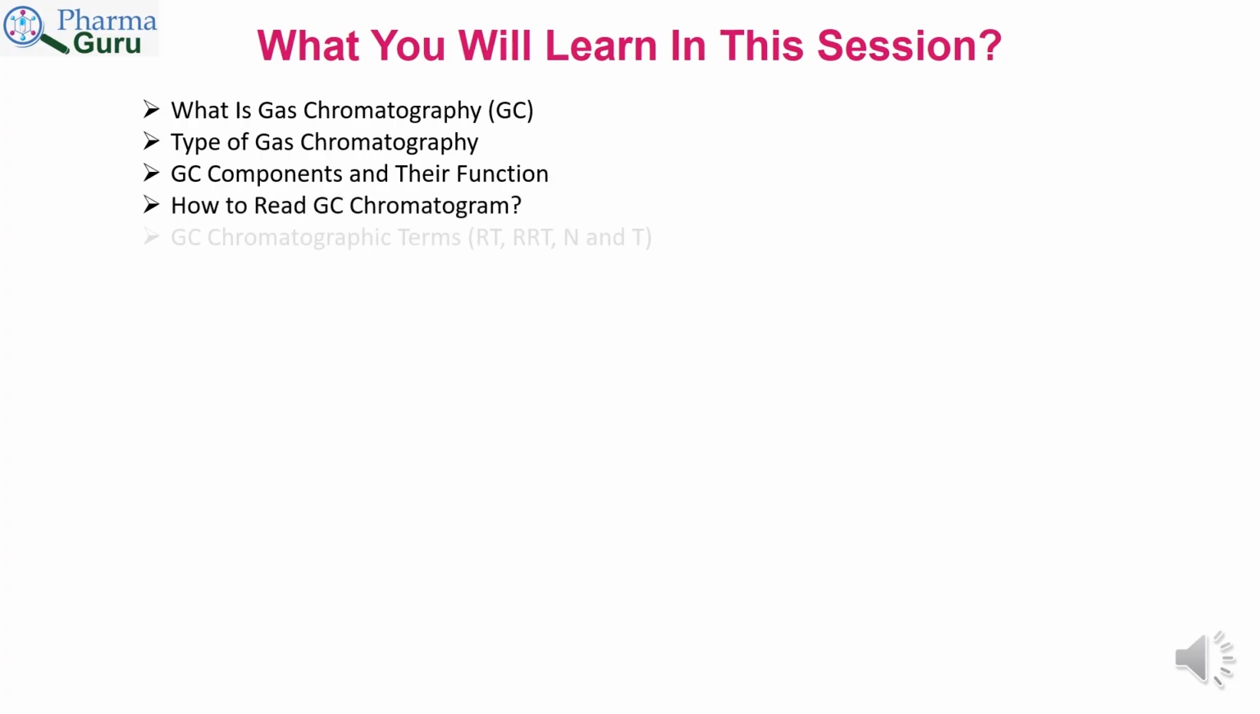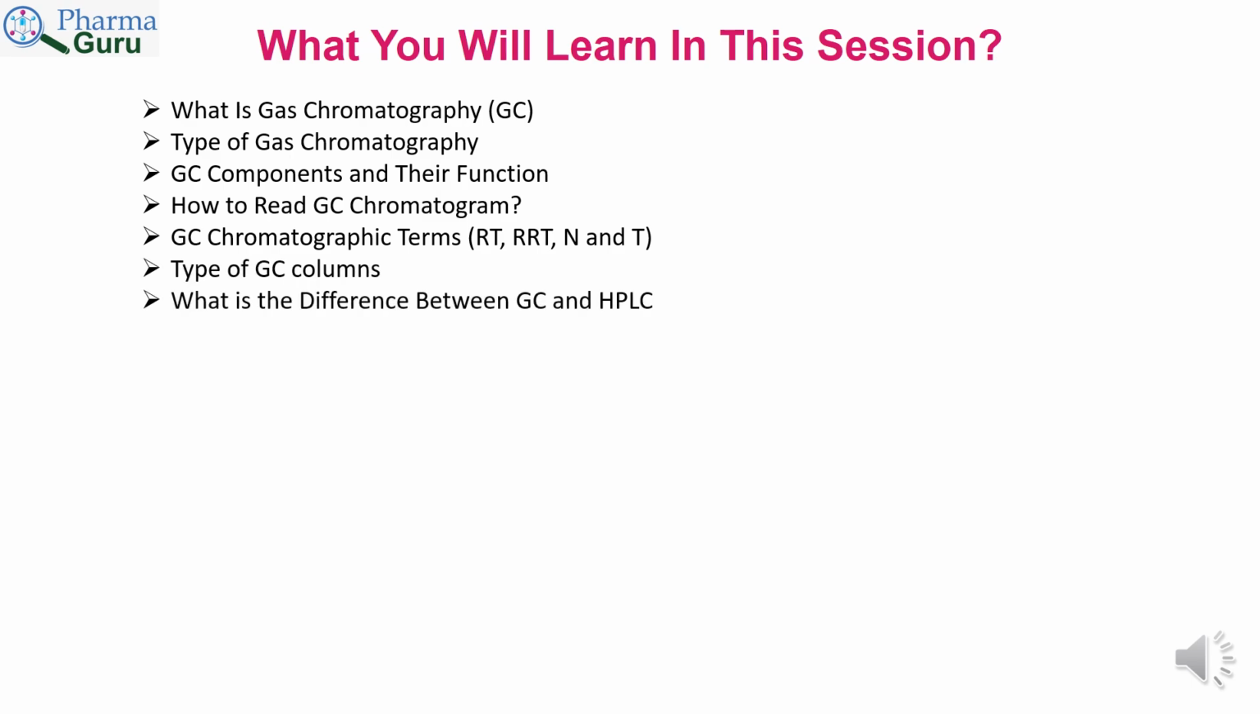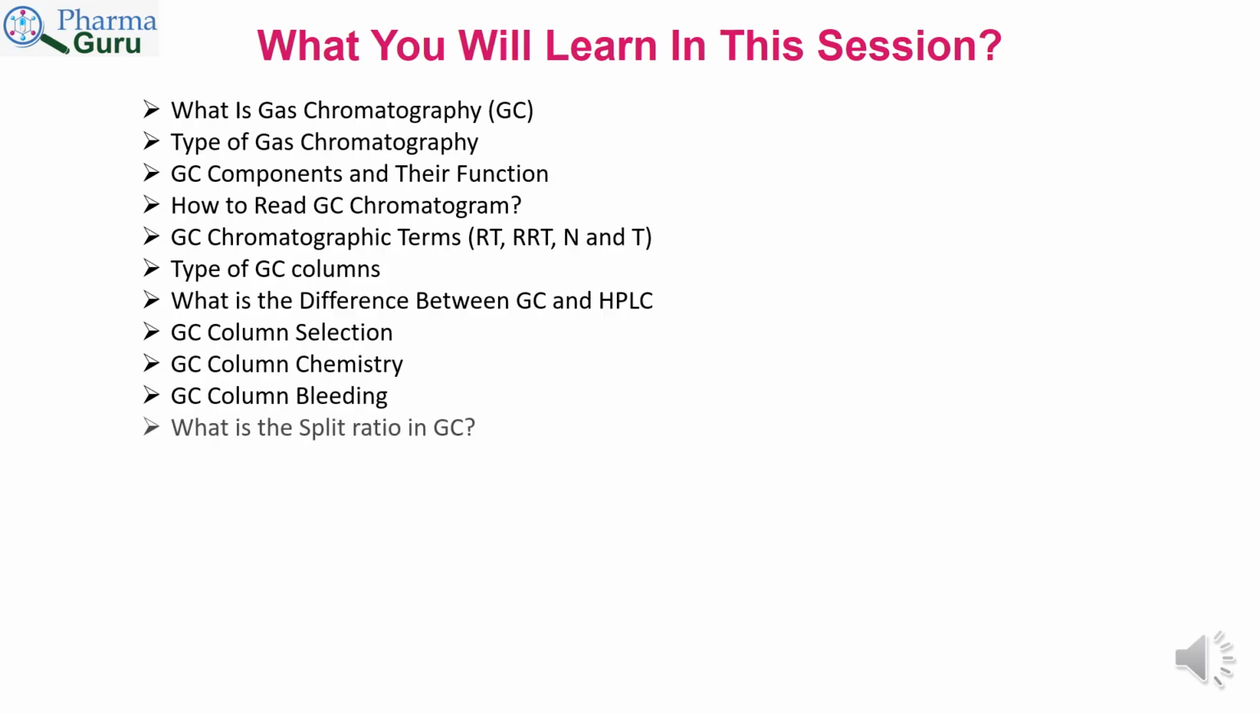to read GC chromatogram, GC chromatography terms like RT, RRT, theoretical plate and tailing factor, types of GC columns, what is the difference between GC and HPLC, GC column selection procedure, GC column chemistry, GC column bleeding, what is the split ratio in GC, separation mechanism,